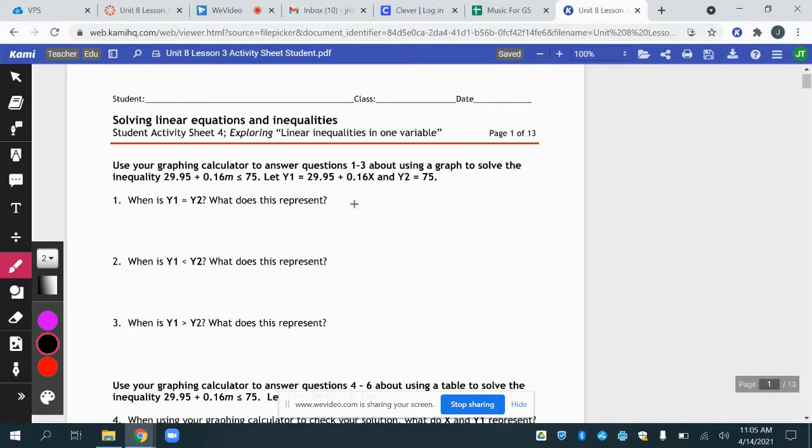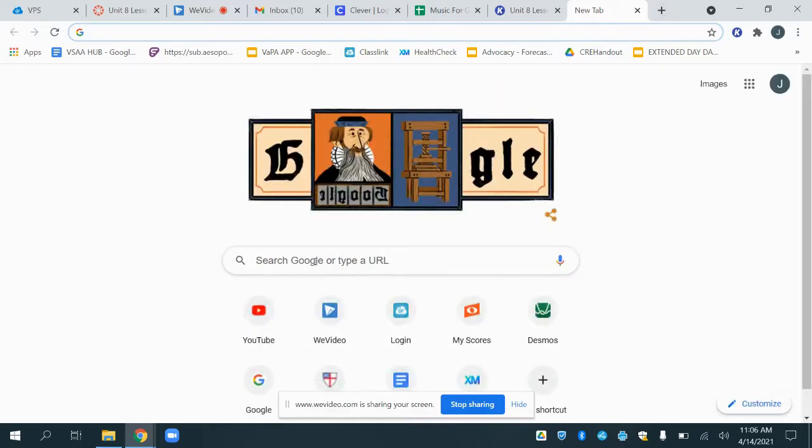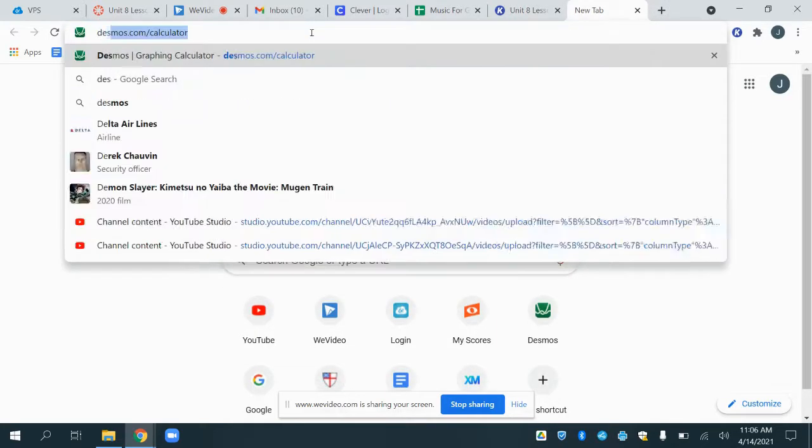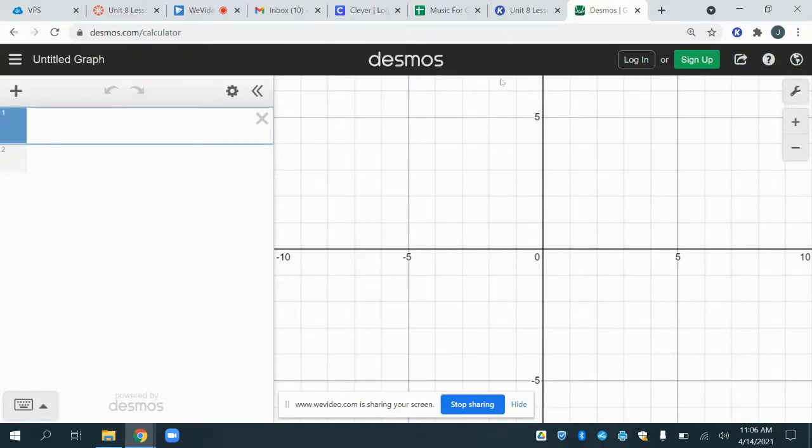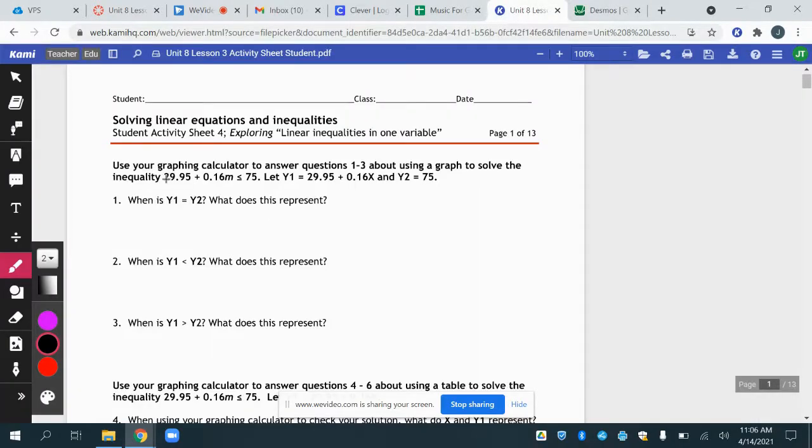We're going to use graphing calculators to answer questions 1 through 3 about a graph to solve the inequality, this inequality right here. Okay, so let's pull up Desmos since it's a graphing calculator. Here's a calculator. Now let's think about what it's asking. We're going to use our graphing calculator to answer the questions to solve the inequality